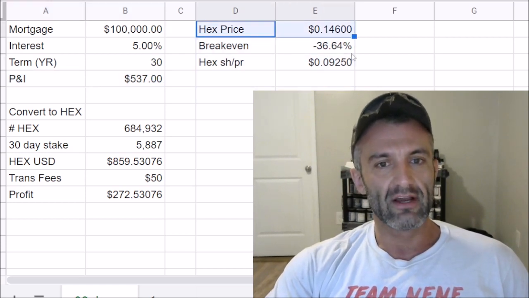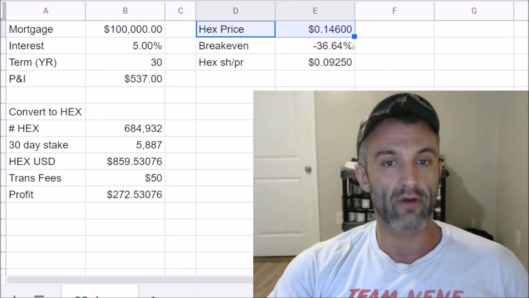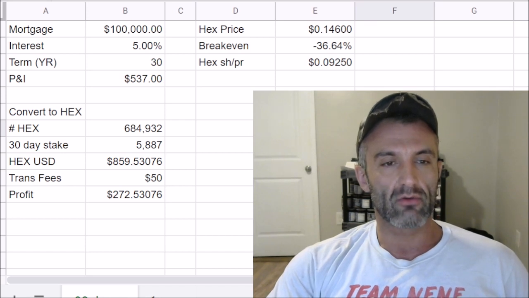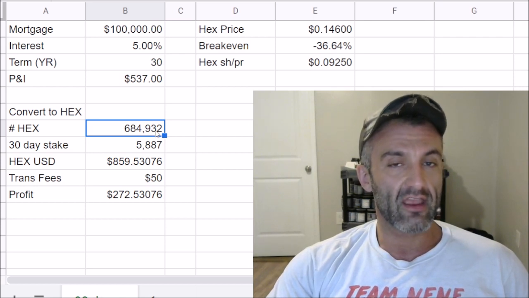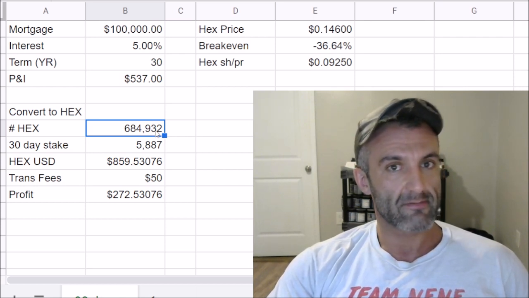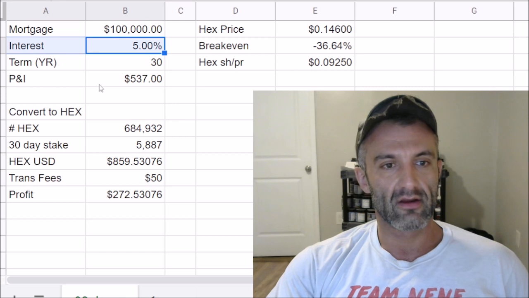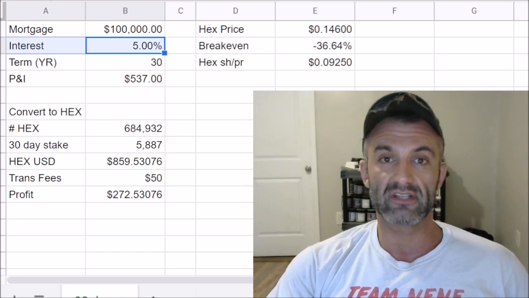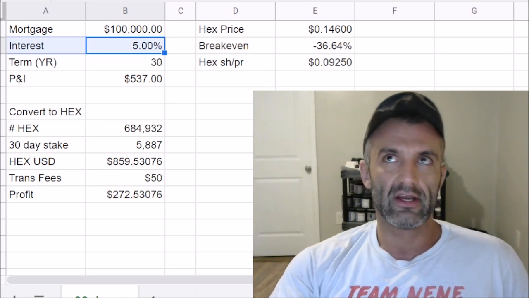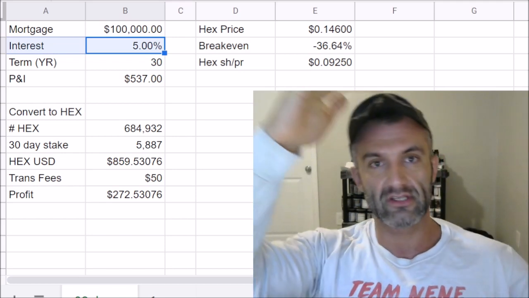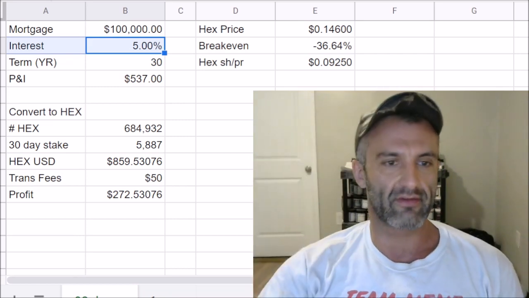Currently, we have HEX prices at about 14.6 cents, or I'm sorry, 0.146 dollars. So now let's go through this example of taking HEX and staking it for 30 days, because we've got a delta here. Remember, we have a 5% annual rate here, but we know the annual rate on HEX is substantially higher than 5%. So what does that allow us to do? An arbitrage, or a way to get free money effectively. Our return is this high and our borrowing rate is this high. That means we get that interest, that part right there, that's the profit.